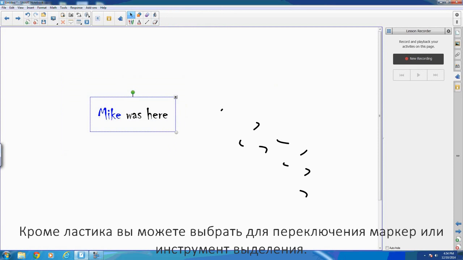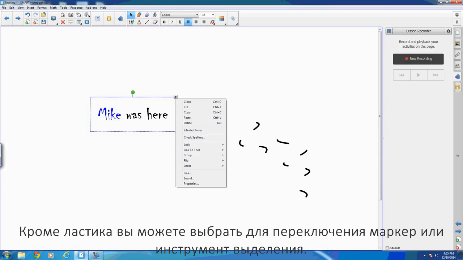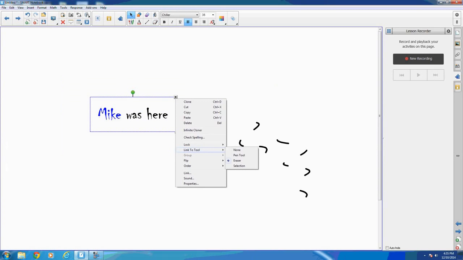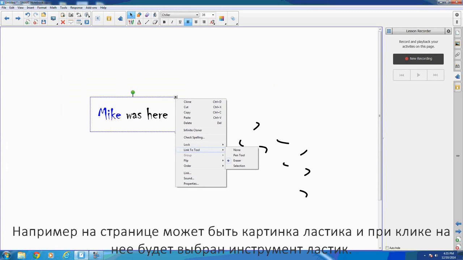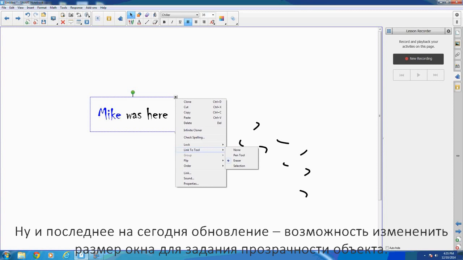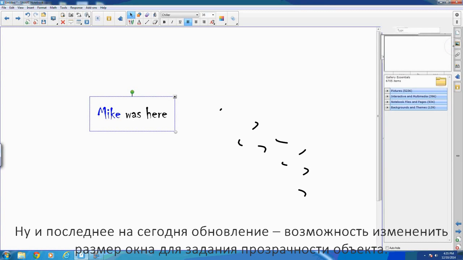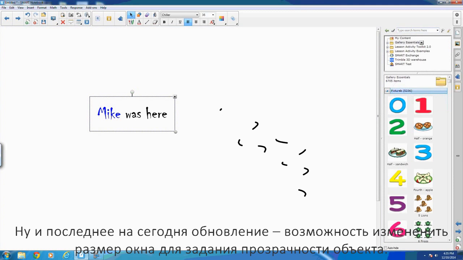And you'll notice that we have a couple other ones there. We have where it triggers the pen tool, and it gets the select tool. So let's say we had a picture of an eraser on the page. If I were to click on that eraser, my pen or my finger now become the eraser, so I trigger some actions. And one last feature that we have added is, I'm going to grab a picture here,